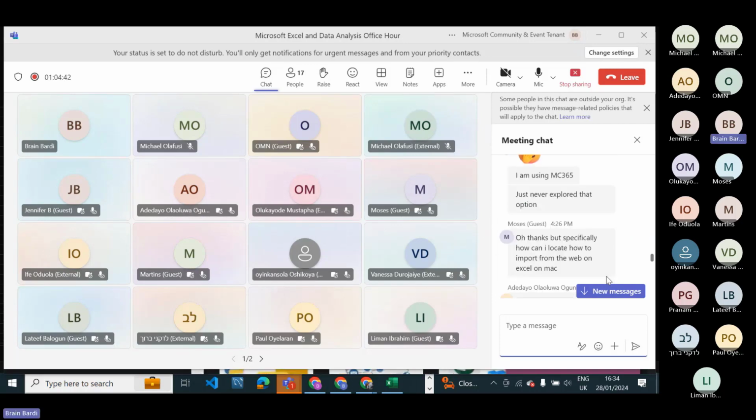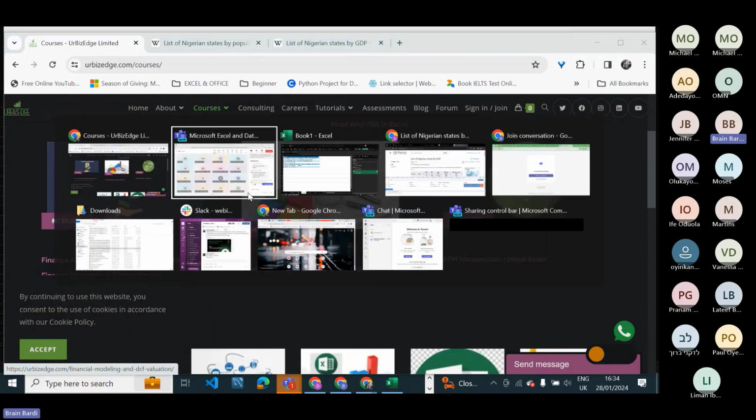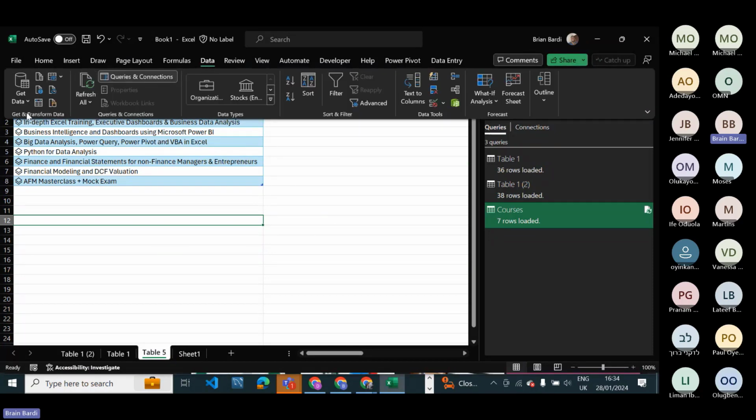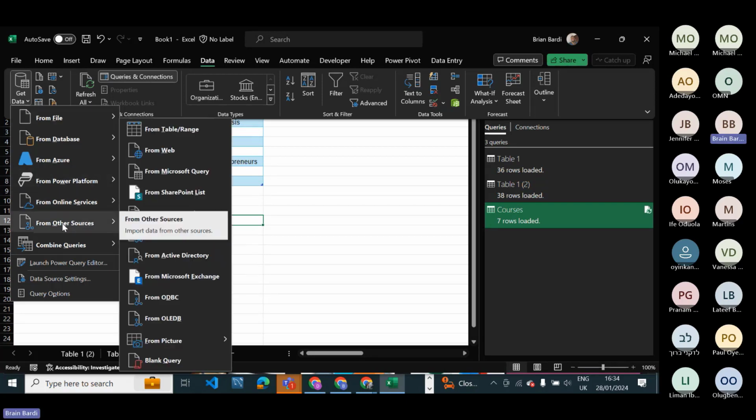For Excel on Mac, I haven't actually used Excel on Mac, but I feel it may be the same way. When you open your Excel, you go to Data and you see Get Data on the left part of your ribbon area. Then you click on the drop-down, go to Data from Other Sources, and then you see From Web.